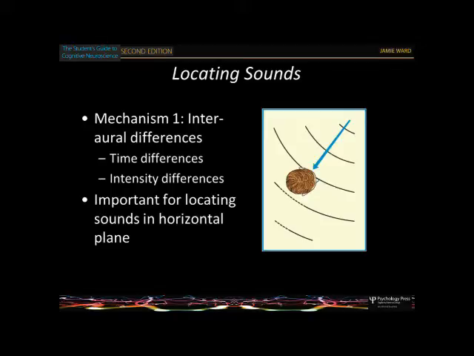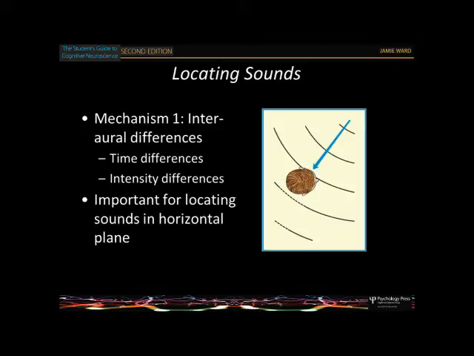The other one is intensity differences. Here you can see that the sound is kind of in shadow. It's not the case that a sound from here going into this ear would be deaf to that ear, because sounds travel around the head, but it would be dampened and affected by the distortion of the head. So it would be less loud in this ear if it's coming from over there, but it's certainly not silent. It's not that you only hear things in the nearest ear. That's not how it works.